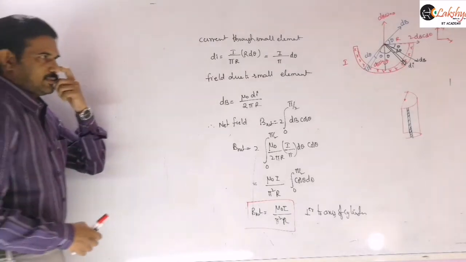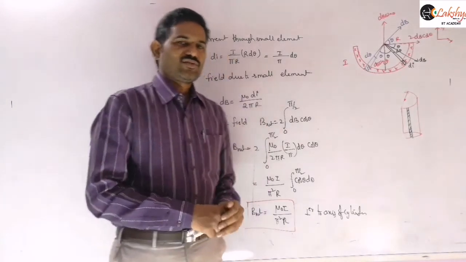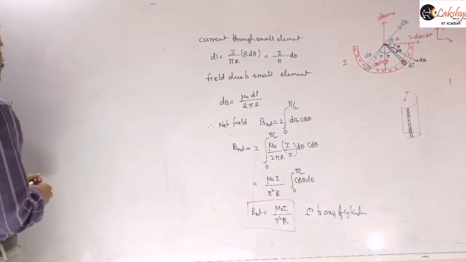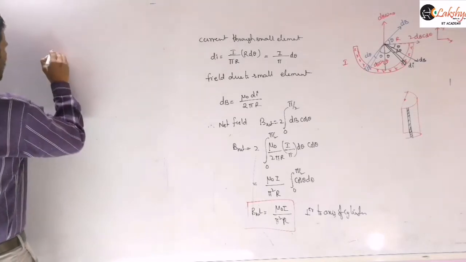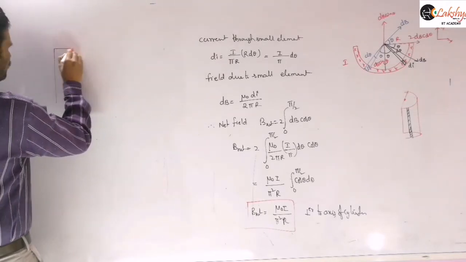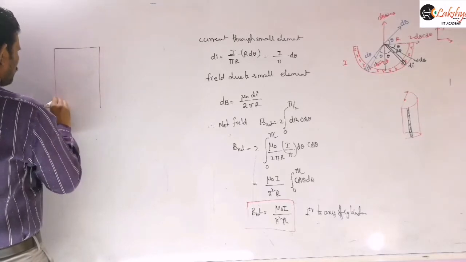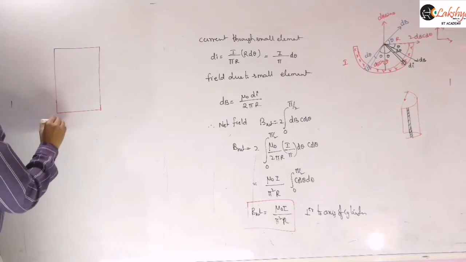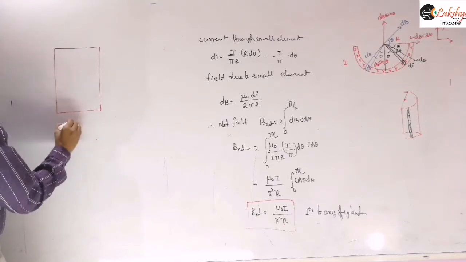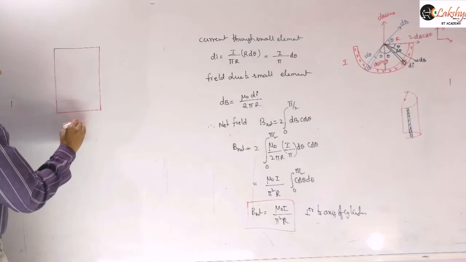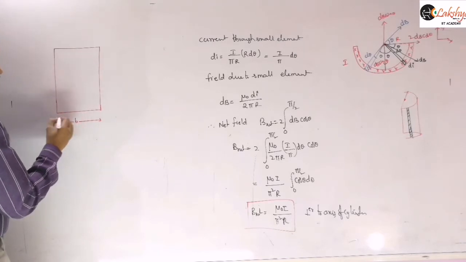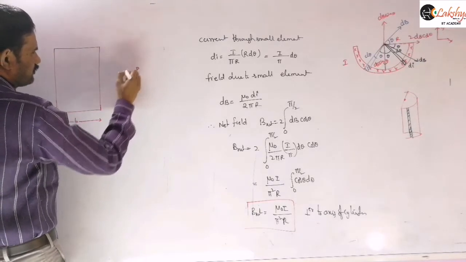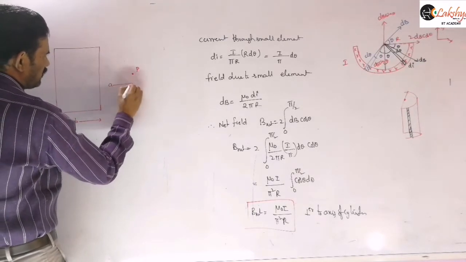Next, another such problem will be there, like continuous charge distribution, that means continuous current flow, like a plane will be given sometimes. So like here, this is an infinite plane carrying some current I. So this is a plane here of width, let us say b. The width of this plane I am taking as b, and now here we need to find the magnetic field at this point, say at a distance of a from this.